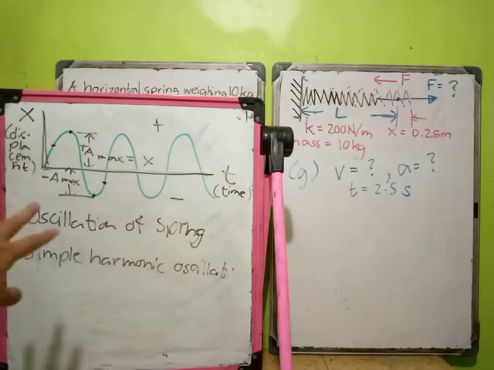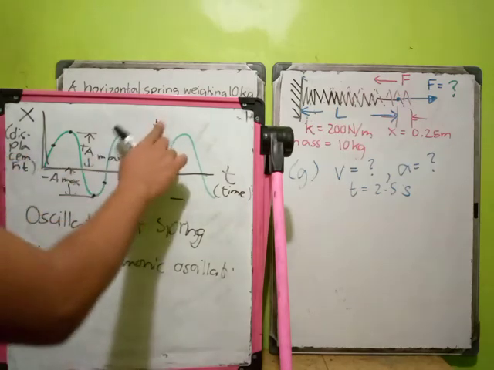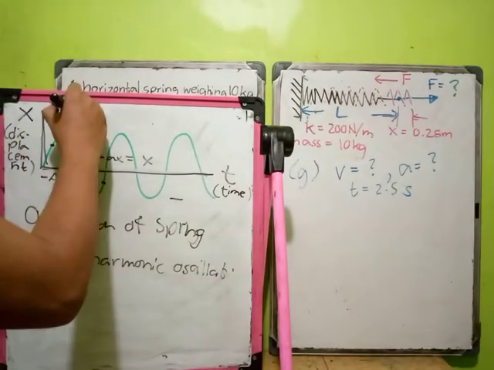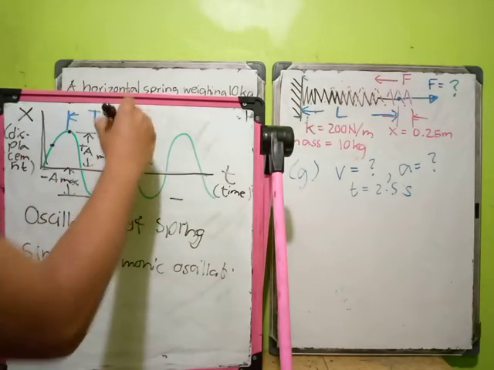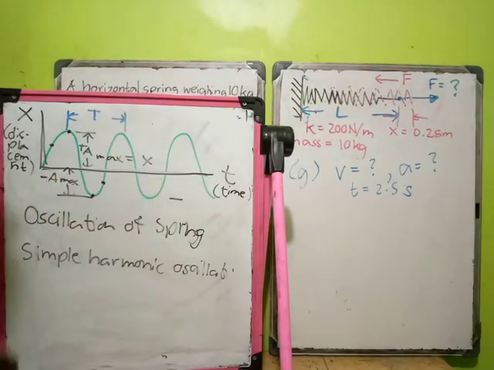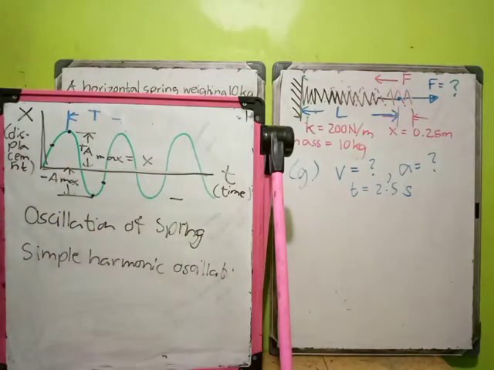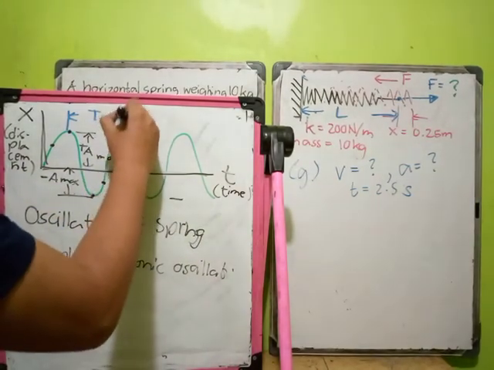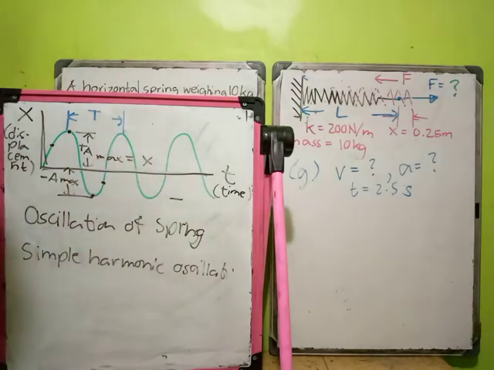So, para mas maintindihan natin, ito yung displacement, ito yung time. Okay. So, in between that, between these two crests, we have the T. Okay, so if you remember, na-explain ko to in the previous video, the T is the period or the allotted time in which